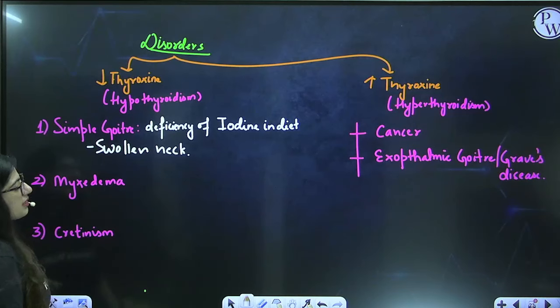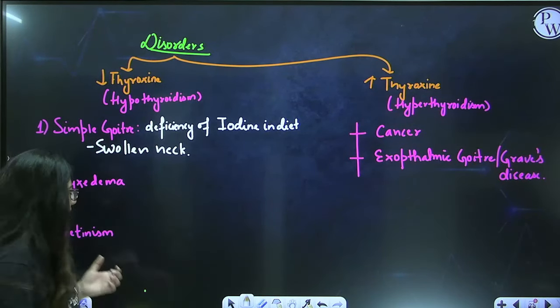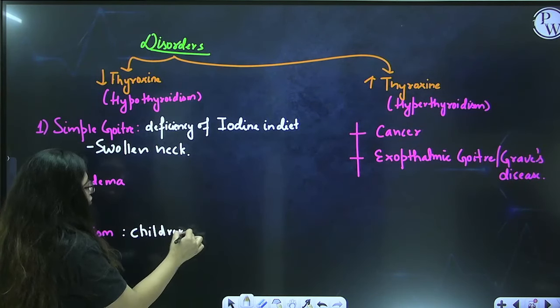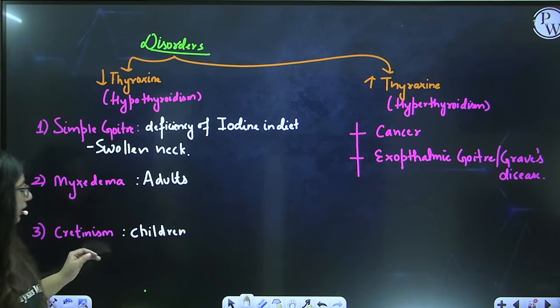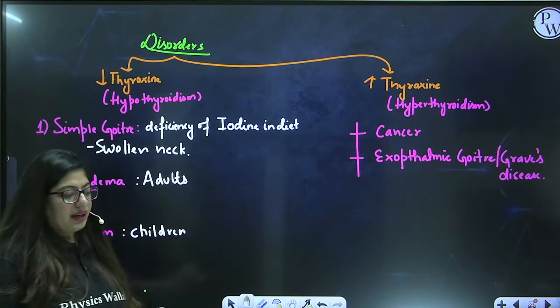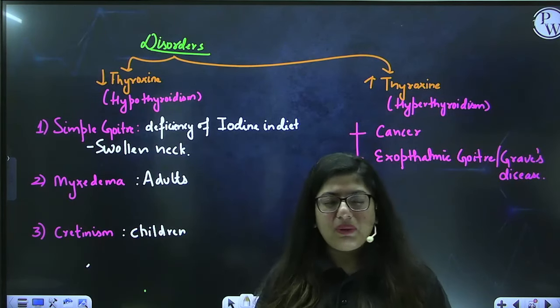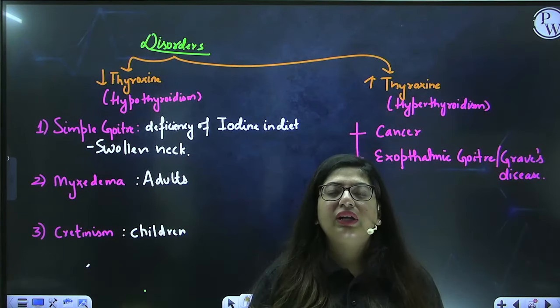Okay, myxedema and cretinism, both are cases of low-level hypothyroidism. C for cretinism and C for children. This is the one that occurs in children and this is the one that occurs in adults. Now, if it occurs in children, the cause can be a mother who is pregnant and has myxedema, with a low level of